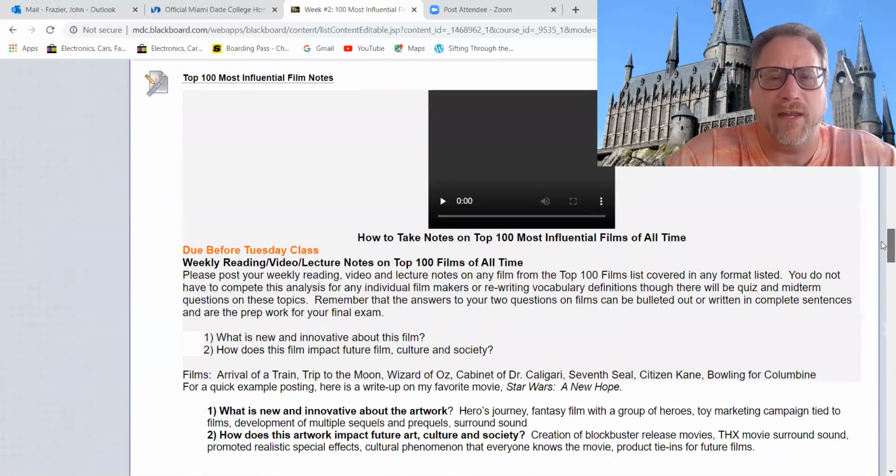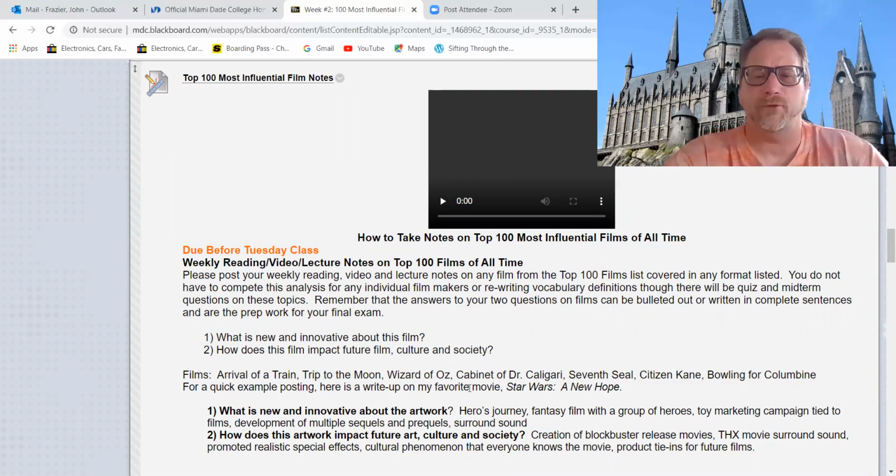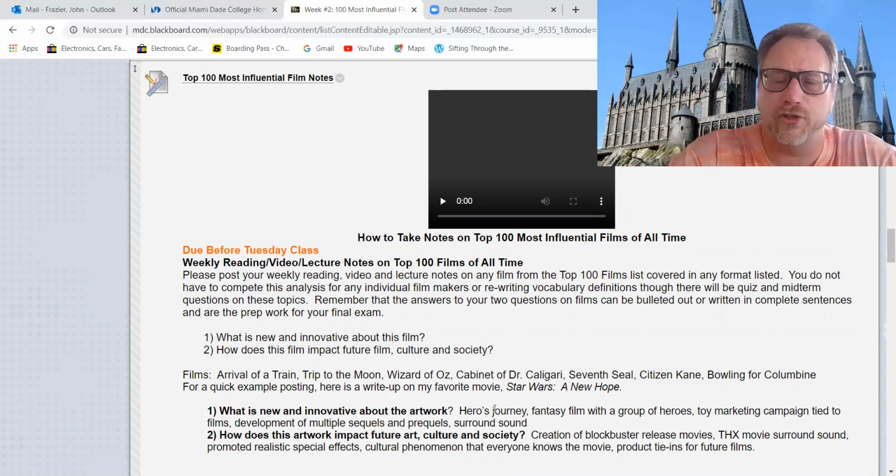There's going to be the same thing. Here's where you post it. And note, just to show you, here's one example. So here's an example from my favorite film of Star Wars. So if we did it for Star Wars, what is new and innovative about Star Wars, about the artwork? It's the hero's journey, fantasy film with a group of heroes. Toy marketing campaign was the first time that was ever done, tied to films,